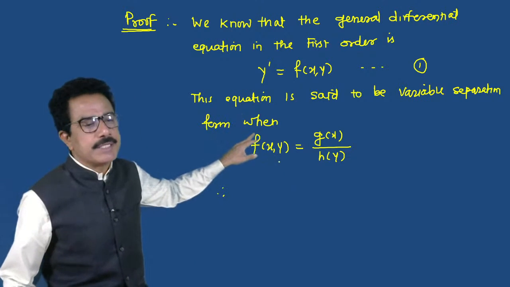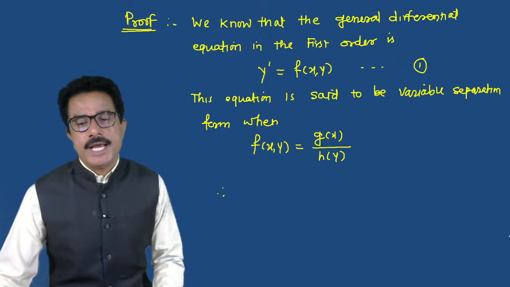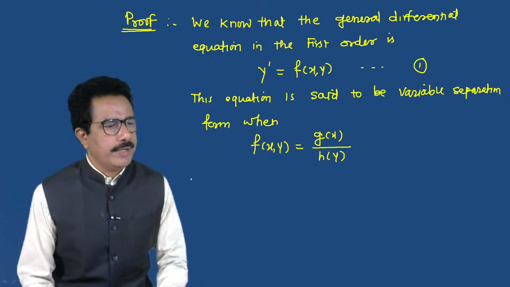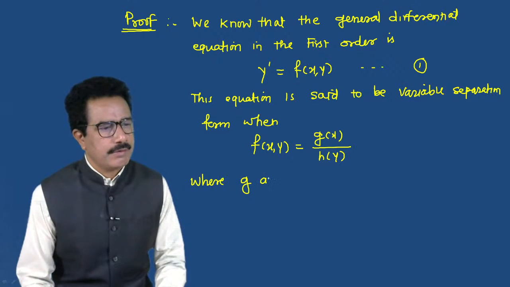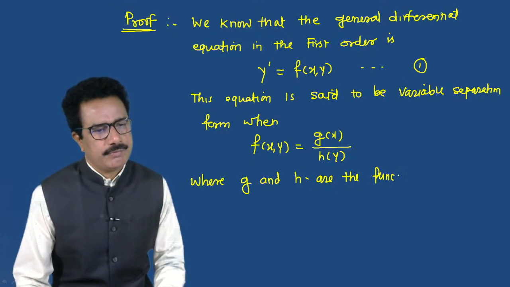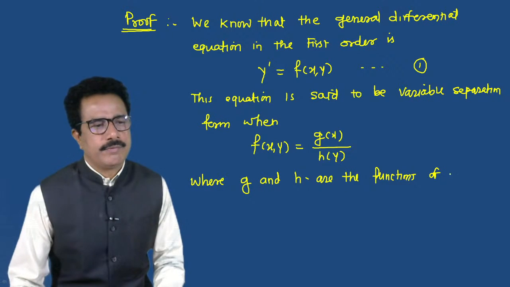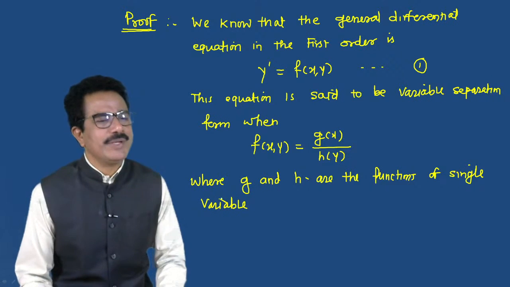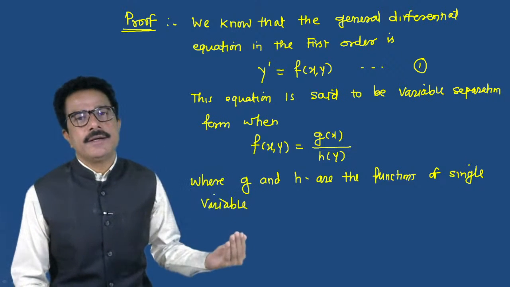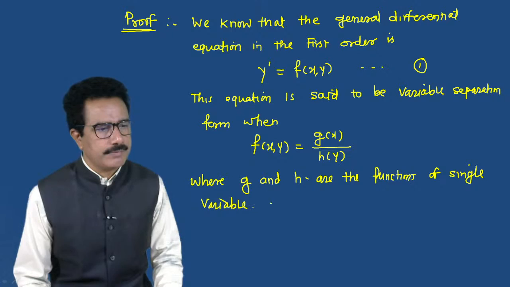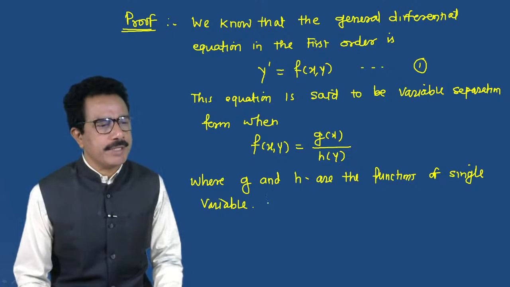Now f of x can be replaced by g of x and h of y, where g and h are functions of a single argument, single variables, or we can write g is a function of x and h is a function of y only. Therefore equation 1 can be written as